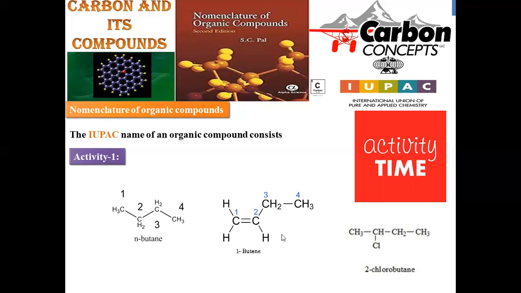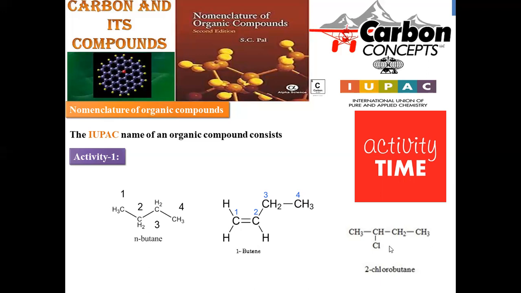Let us move on to compound number 2, where there is a 1, 2, 3, 4 carbon chain, but at one end we have a double bond. Wherever a functional group is there, we have to start numbering. So the numbering will be assigned from the left-hand side, 1, 2, 3, 4. At the first position we have a double bond, so the suffix will be "ene", and the position will be 1. The parental chain is 4 carbons, so you have to give but-. So the entire name will become 1-butene. The IUPAC name of this compound is 1-butene.